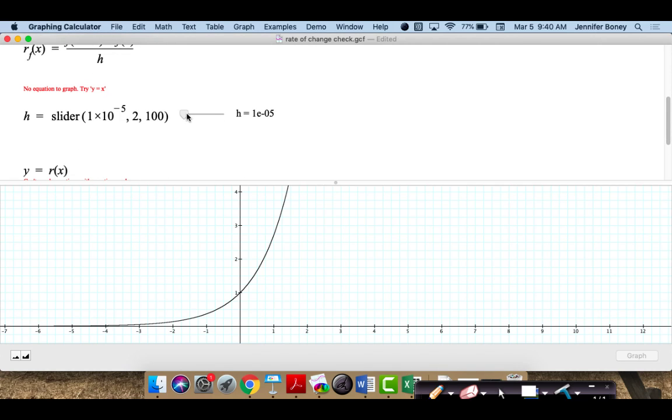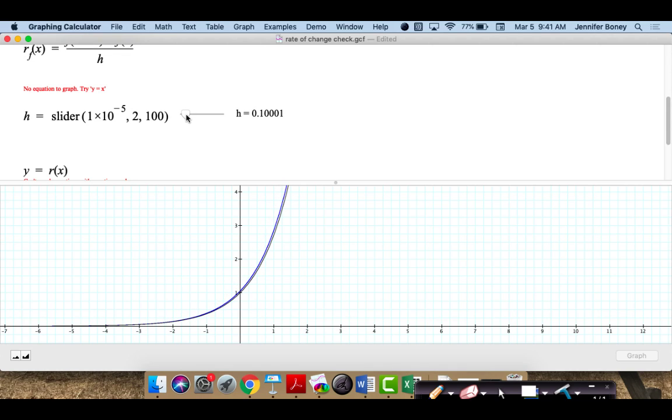Now, e to the x, when h is large, when h is smaller, with e to the x, it seems to lie right down when h is about the same. So e, if you recall, is about 2.7. Thinking about 2 to the x and 3 to the x, e to the x is kind of in between those two, value-wise. Also, derivative-wise, when I had 2 to the x and small h values, the rate of change